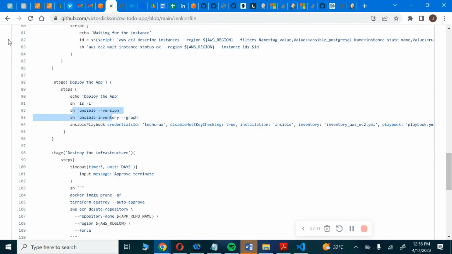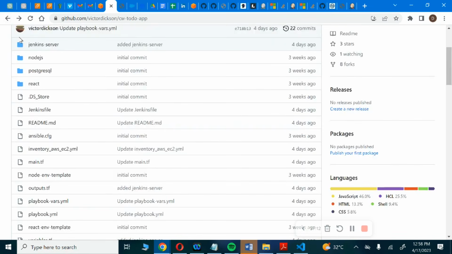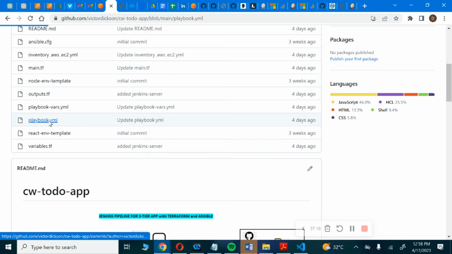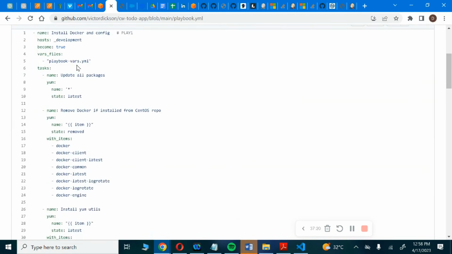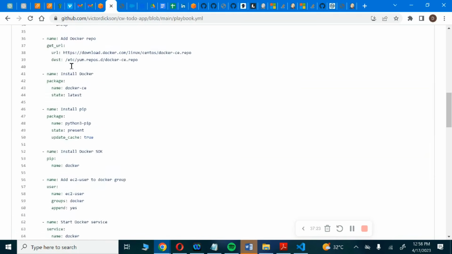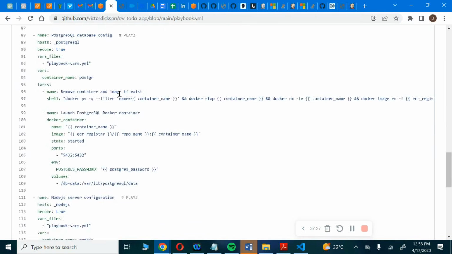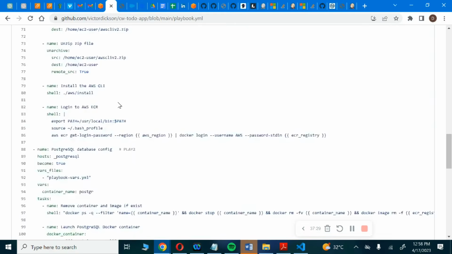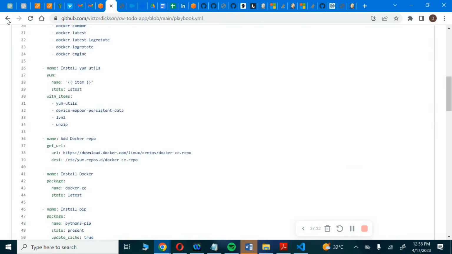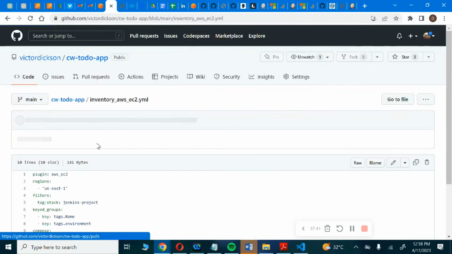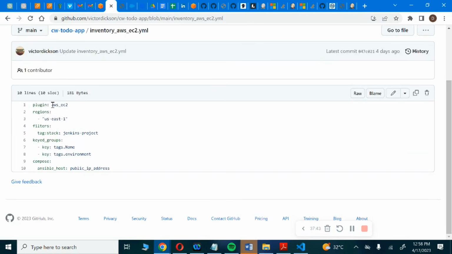So this Ansible is going to read from what we call a playbook. That playbook has been defined here. You can see it. So this is the playbook that Ansible will run through, right? There's also what we call inventory, right? Inventory is where you summarize what you want to do. For example, if you check our inventory here, inventory aws.yaml, you will see that our plugin here, we are using